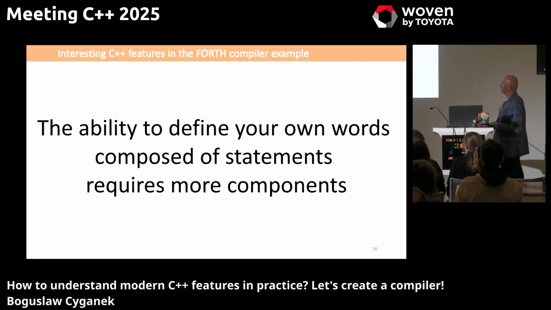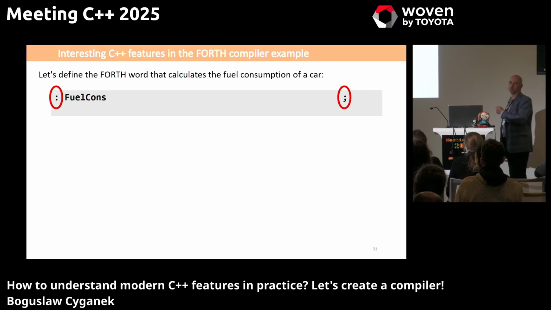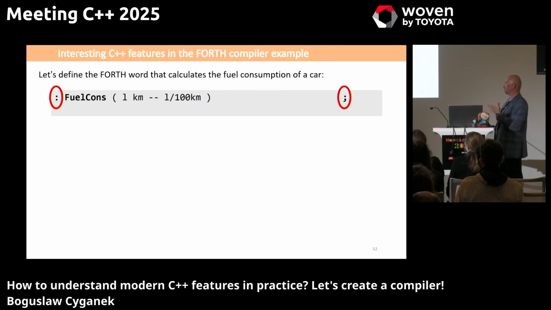Okay, what's next? Ability to define your own words. So now we go further on. We wish to define words in Forth. So to define a word in Forth, I devise a name for it. So I would like to calculate the fuel consumption of a car. So how many liters per 100 kilometers? To define a word, I need to put a colon and a semicolon. And everything inside will be calling other words previously defined, and so on, and so on. So you see the composite here. And this is the comment